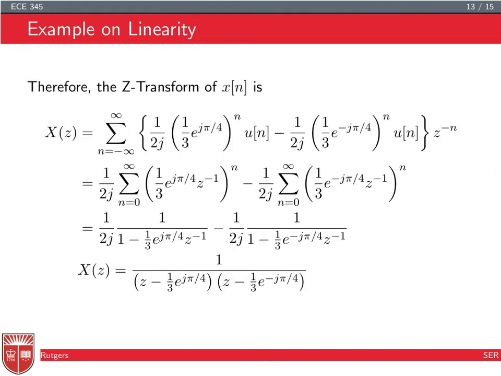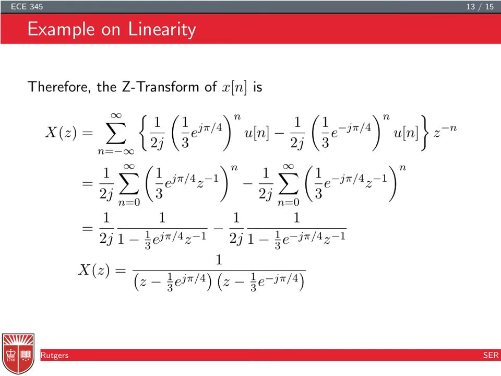So now let's get into finding exactly what the z-transform of x of n is. Again, I could do it the same way I did the previous example by splitting it into two signals, but here I'm just going to do it in one shot. So by just applying the definition of the z-transform. Again, don't be scared by this. This looks a little bit complicated, but actually